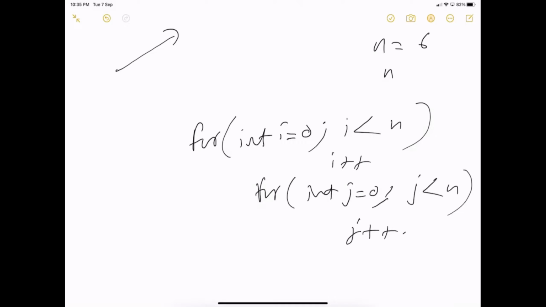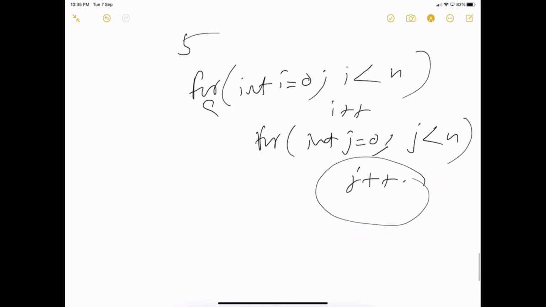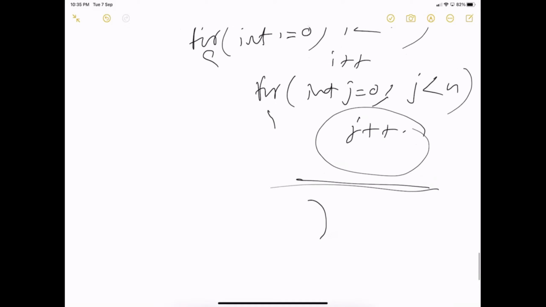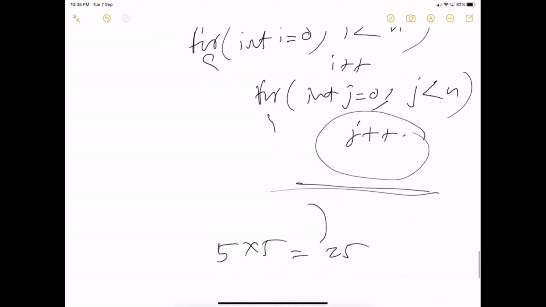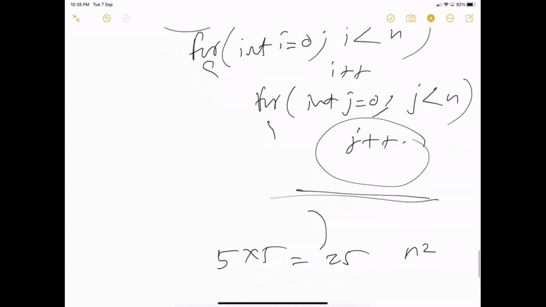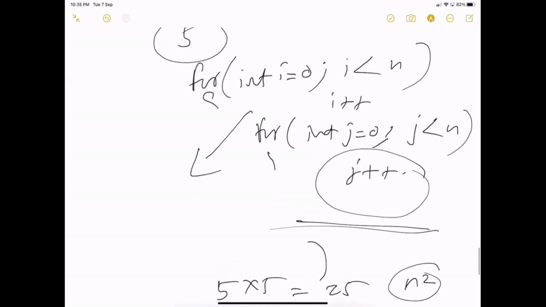If the value of n is 5, how many times will a line of code inside this get executed? Let me see your mathematical skills. It is n square times, which is 5 into 5 equal to 25. So the worst case is n square here, and the complexity of this one is order of n square.